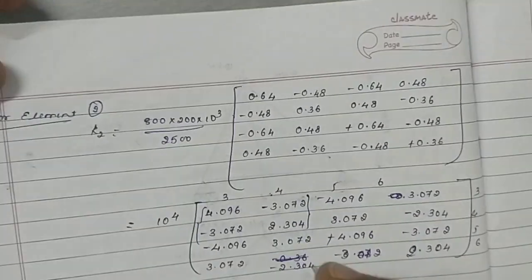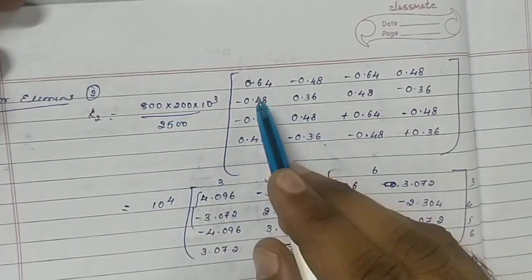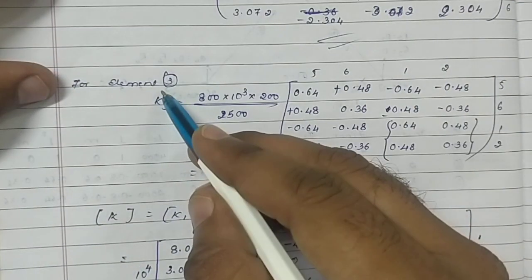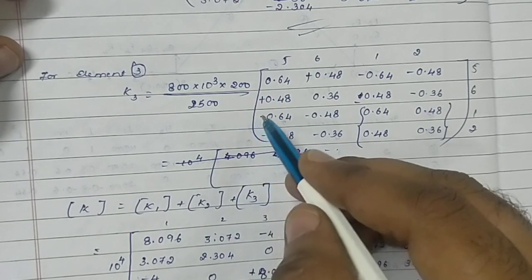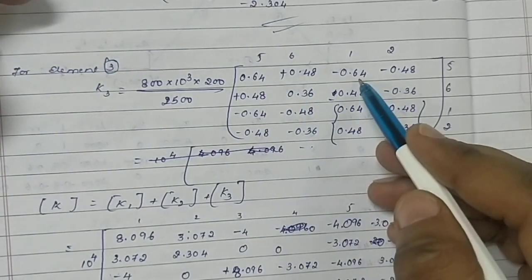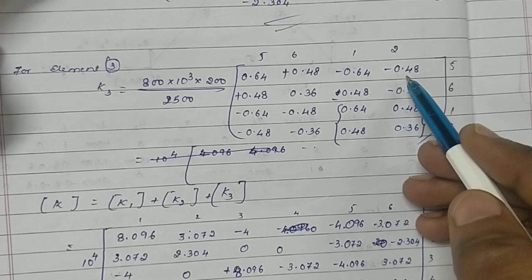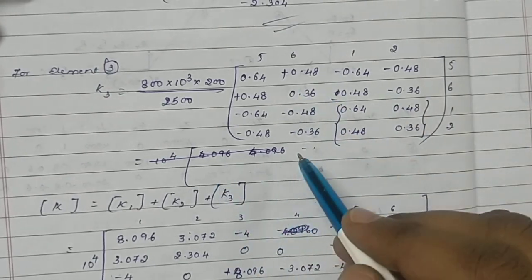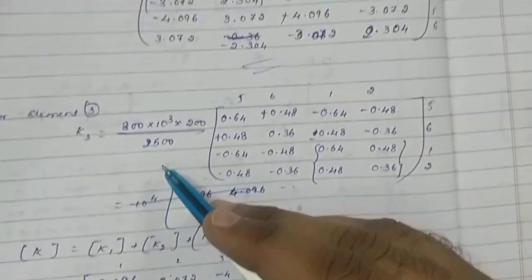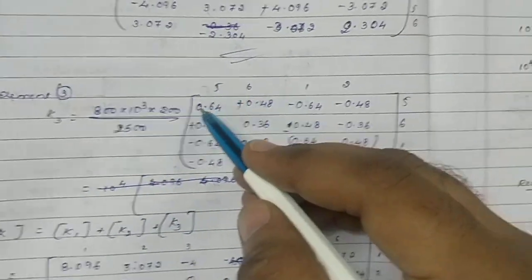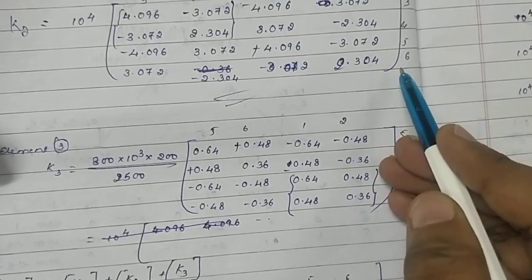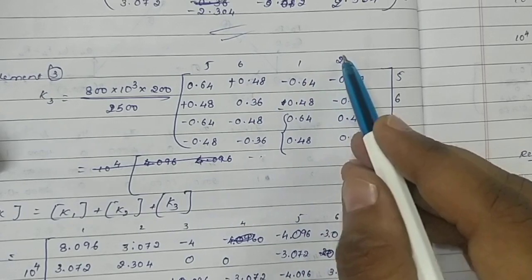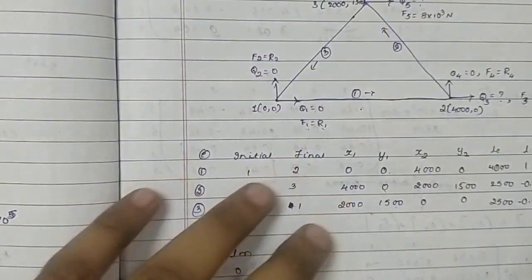Similarly, do K2: A by LE, same thing, with global degrees of freedom 3, 4, 5, 6. This is K2. Similarly, write K3: A by LE for the third element, with L square, LM, minus L square, minus LM, and so on. Just simplify this. While writing the third one, what is the global degrees of freedom? Till here I wrote 3, 4, 5, 6, but for the third one I am writing 5, 6, 1, 2. What is the reason for that? See, the